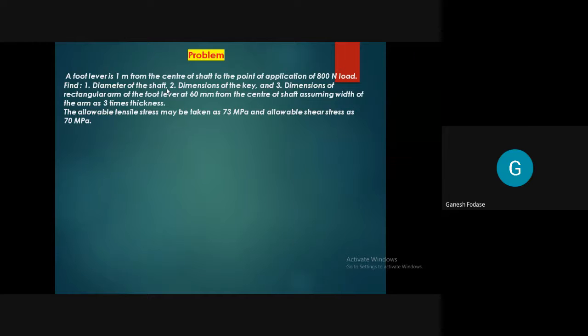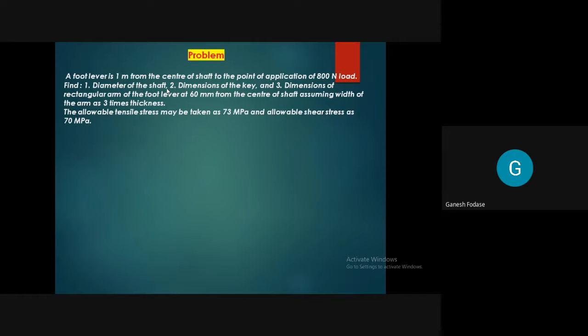Actually, the diameter of the shaft can be found at two places. One where the lever is attached, and the second is the overhang portion, which gets fitted in a bearing. That diameter is D1. I hope you remember. So there are two diameters we need to find out for the shaft. One is D, the other is D1. I'll discuss in detail how to find the diameter.